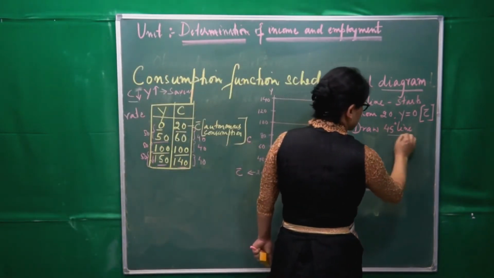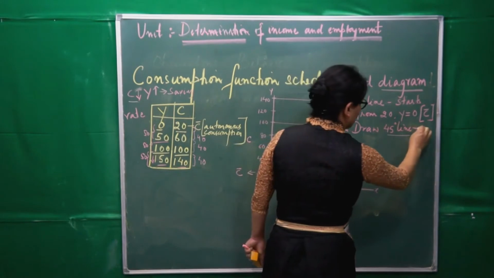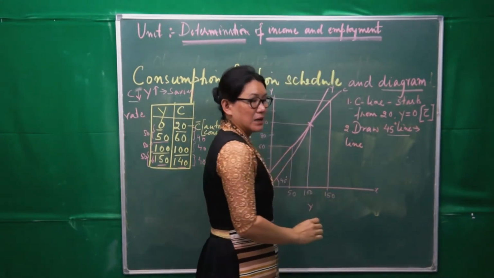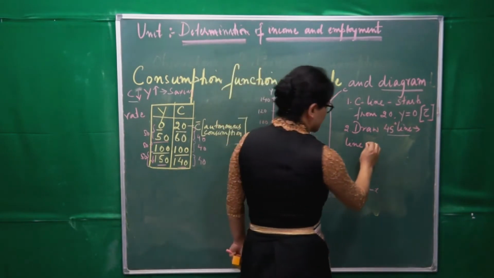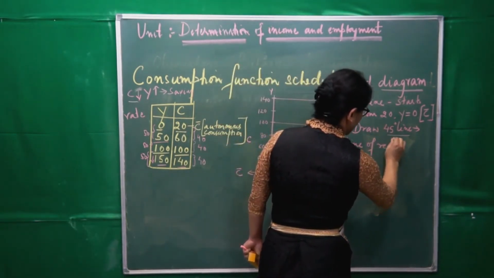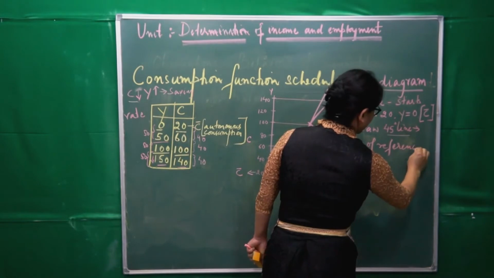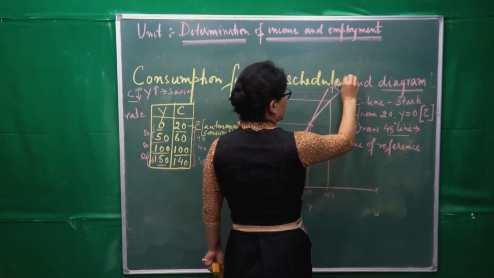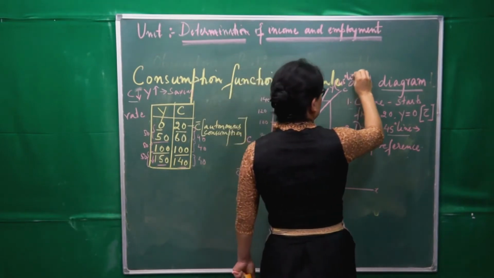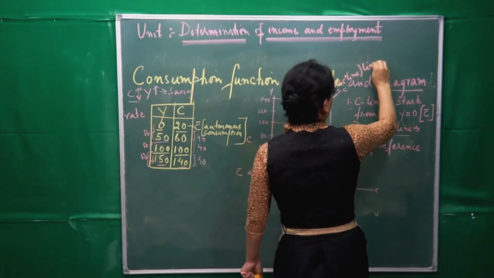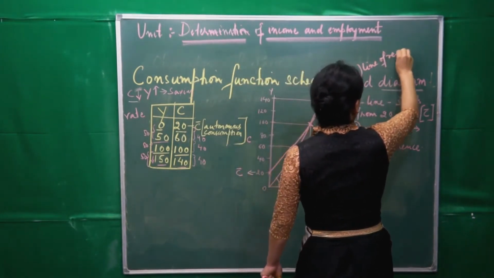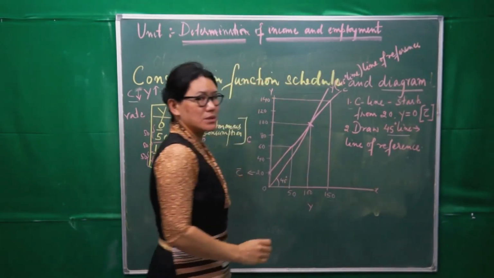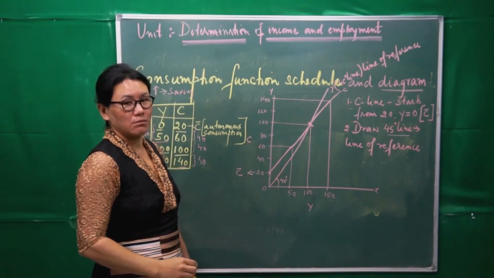I said this 45-degree line is a line of reference. So this Y is what? 45-degree line. This is the line of reference. It shows what? I said it shows the equality between